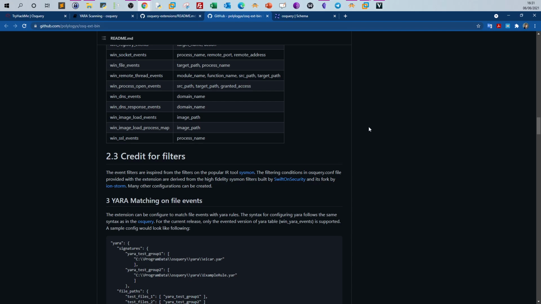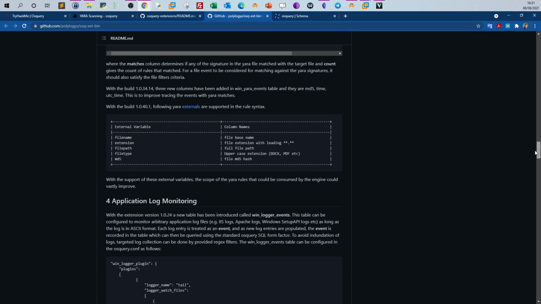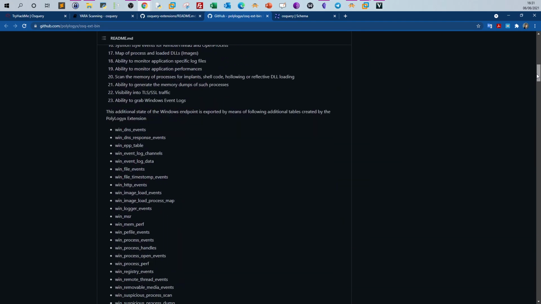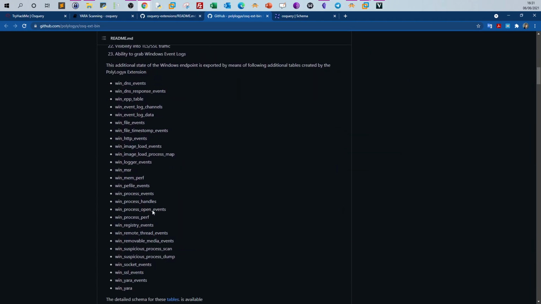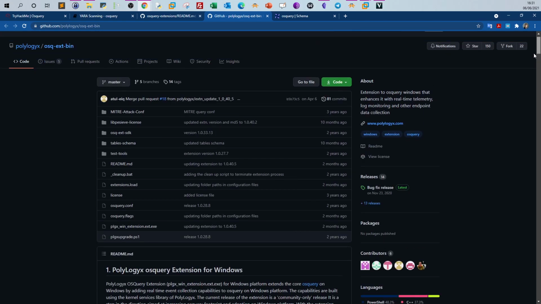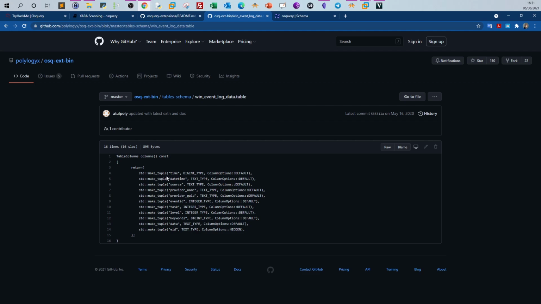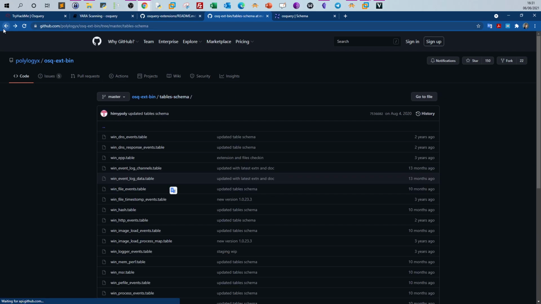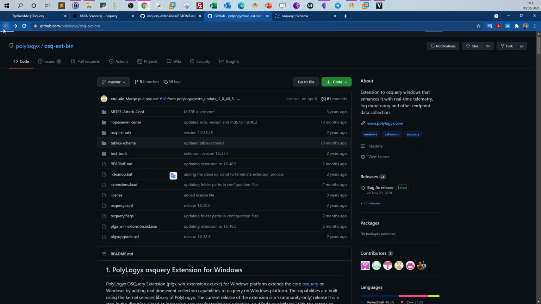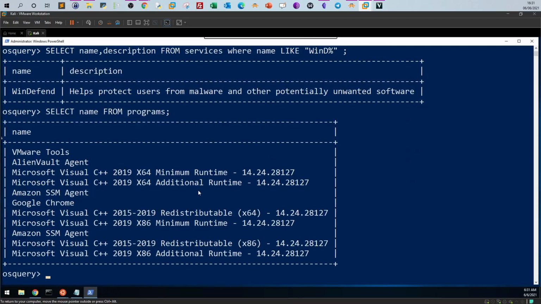Let's locate this table first. WinEventLogData is here. Now if I go to table schema and click on WinEventLogData, this is the schema for the table, and you see multiple fields that it displays once you query the table. One of them is the source. The source is the required input for your querying of the table to work correctly. Why? Because if you now go to select